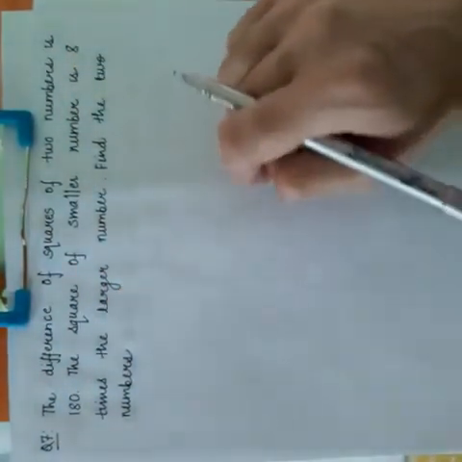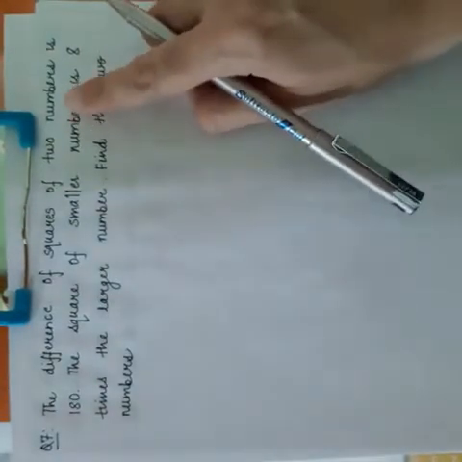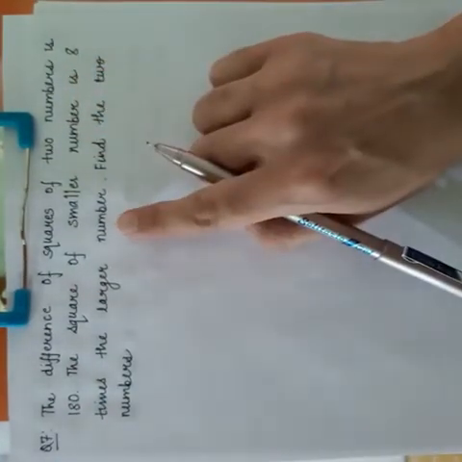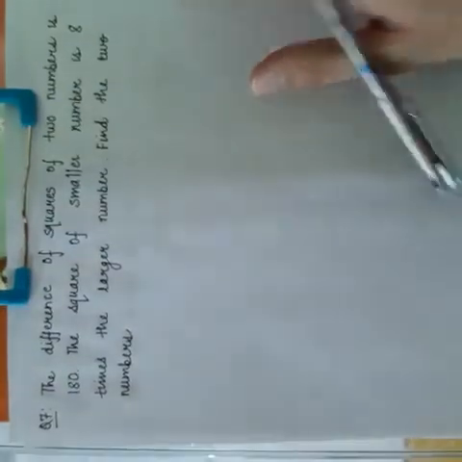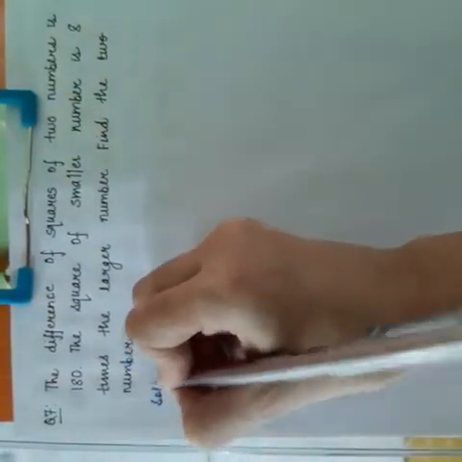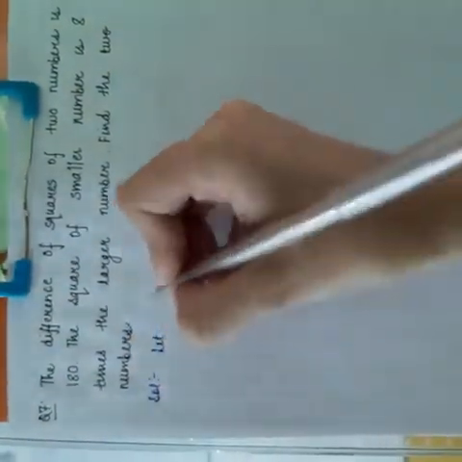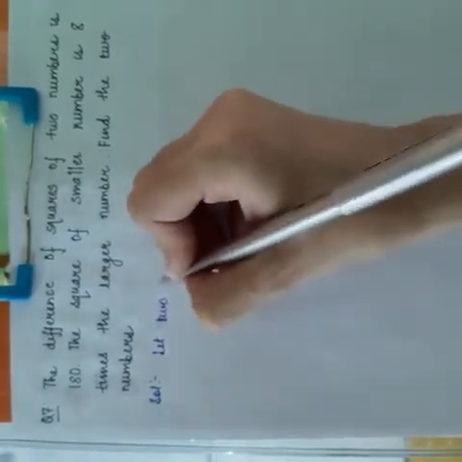Next, seventh question from the same exercise. The difference of squares of two numbers is 180. Now our requirement is two numbers, the difference of whose squares is 180. First of all, let us suppose that two numbers are